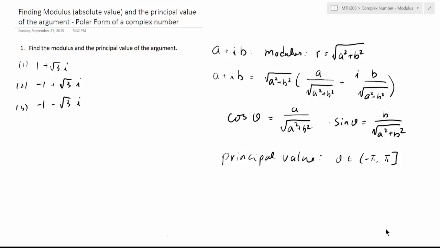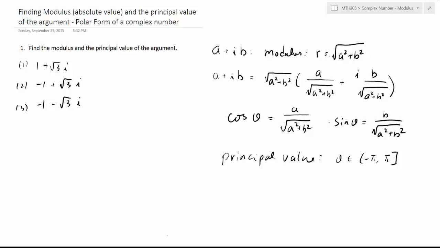Now let's look at the problem of how to find the modulus and the principal value of the argument of a complex number. First, we look at the definition. The modulus is also called the absolute value of the complex number. It's essentially the length of the vector. So we have, using the Pythagorean theorem, that the radius or hypotenuse is equal to the square root of a